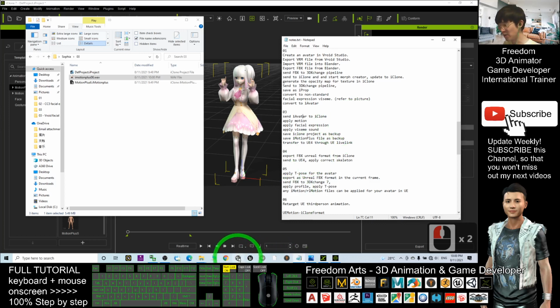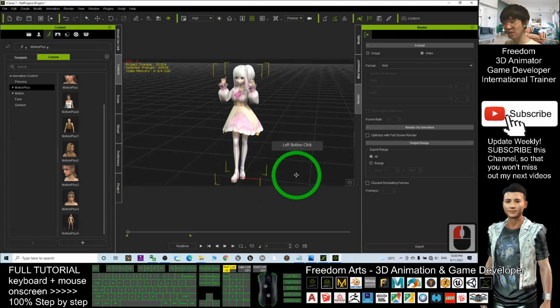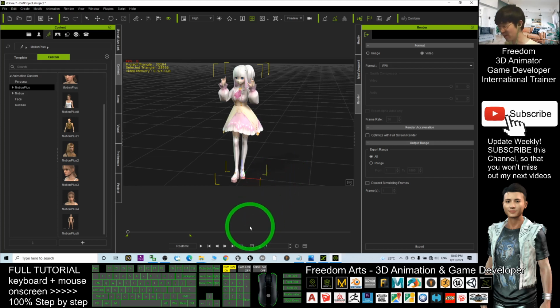Next, open your Unreal Engine 4. Finally, we are going to transfer to Unreal Engine 5 as well. But so far, the iClone Unreal livelink only supports until Unreal Engine 4.26. So we still need Unreal Engine 4.26. As long as you can transfer to Unreal Engine 4.26, then you can migrate it from